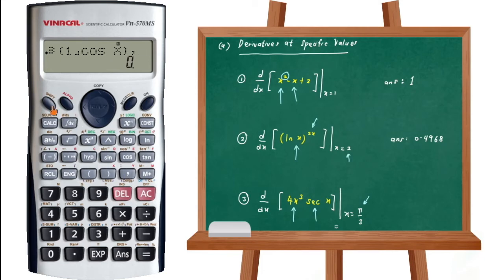To key in the value pi, we press this button shift and then followed by this button exp. Notice that at the top of this button there is the symbol pi. Next we press divide or over, then 3, and press this close bracket button. What we need to do next is to press this equal sign to get the answer. So the answer is approximately equal to